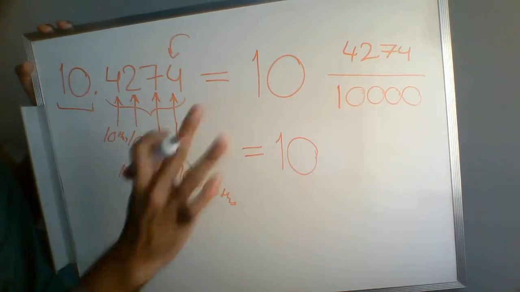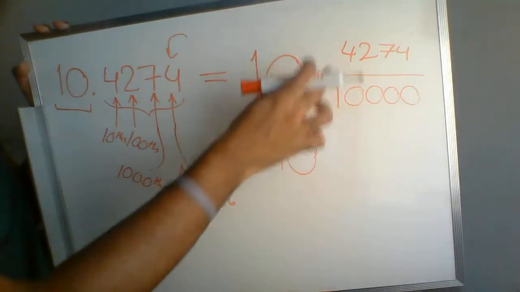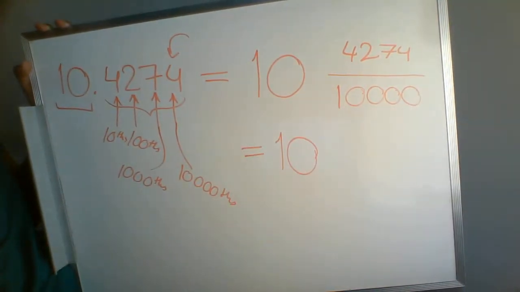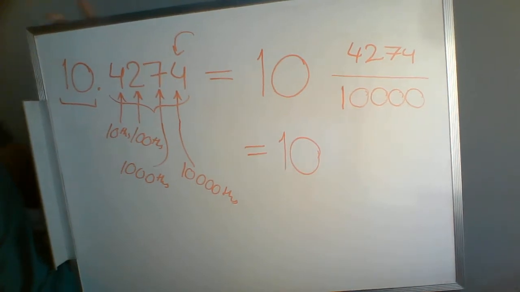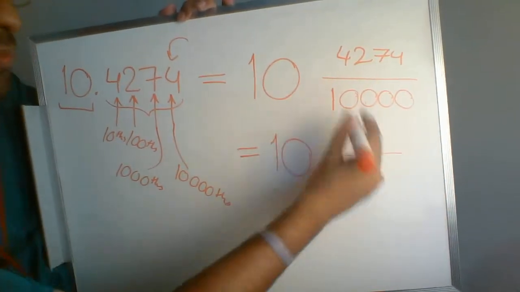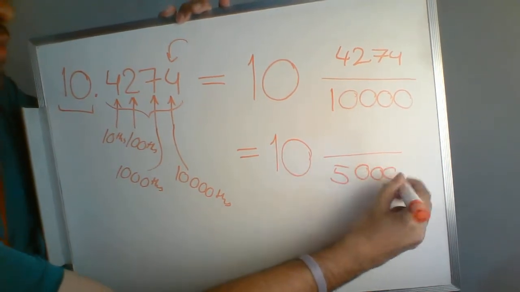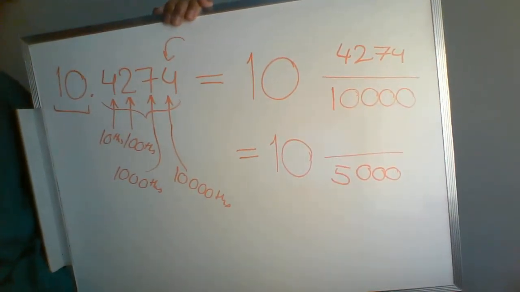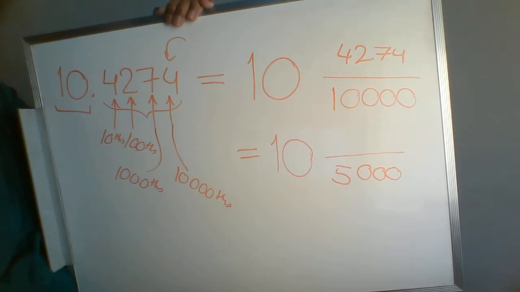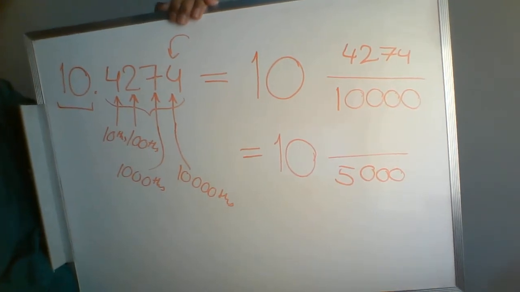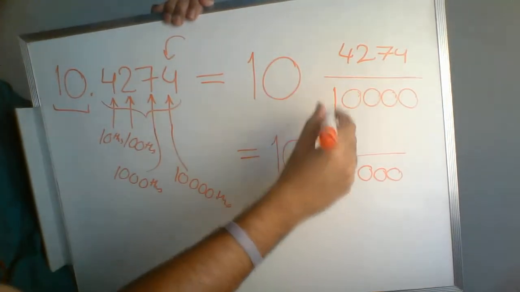So we know this 10 isn't going to change, but that fraction over there, both of those numbers are divisible by 2. They're both even numbers. So let's divide both of them by 2. The bottom looks easier, so we'll turn 10,000 into 5,000 if we divide it by 2. And our numerator is 4,274. So if we divide that by 2, 42 would